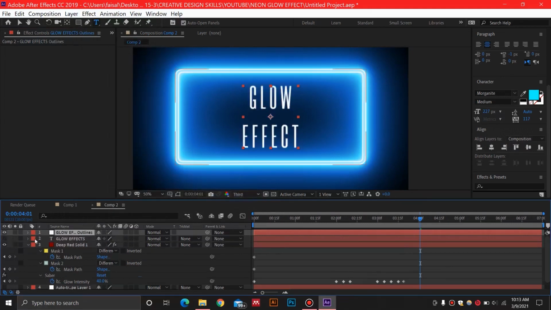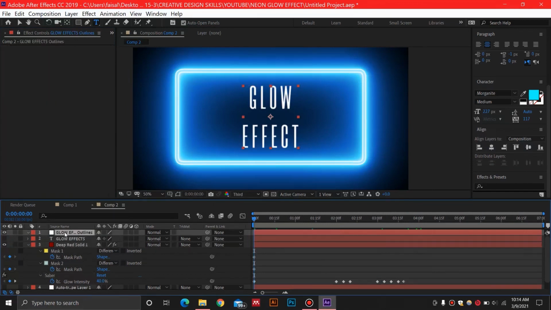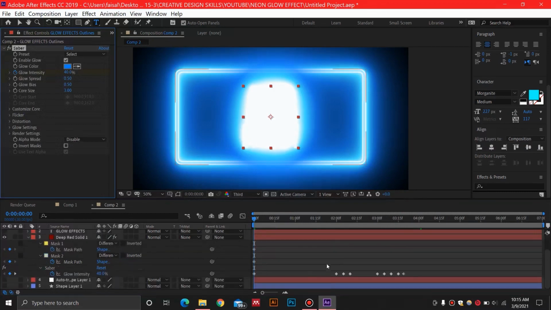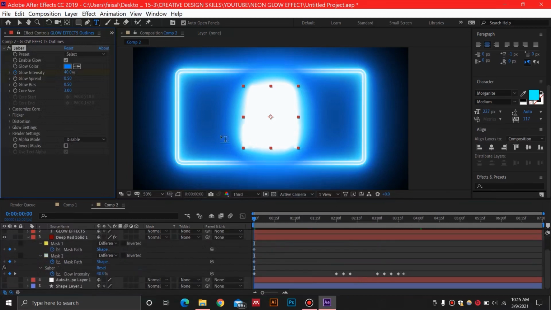This is going to create our mask, and we're going to apply the saber effect on this mask. What we will do is just copy this saber effect from over here, press Ctrl C, take this picker right to the start because we don't want our keyframes to be disturbed. We will select this mask over here, then press Ctrl V, and our saber will be placed just like this. This is going to match the keyframes with the keyframes of this tube light.